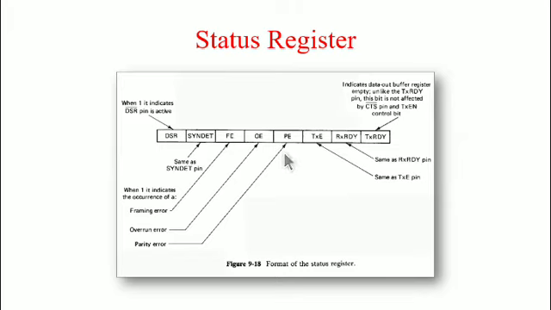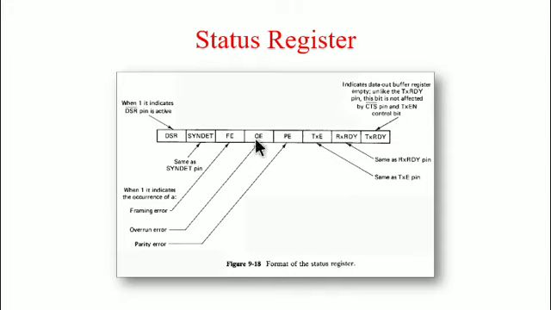So what about your D4? That is OE, overrun error. The OE flag is set when the CPU doesn't read a character before the next one becomes available. It is reset by the ER bit of the command instruction. OE doesn't inhibit the operation of the 8251A; however, the previously overrun character is lost.